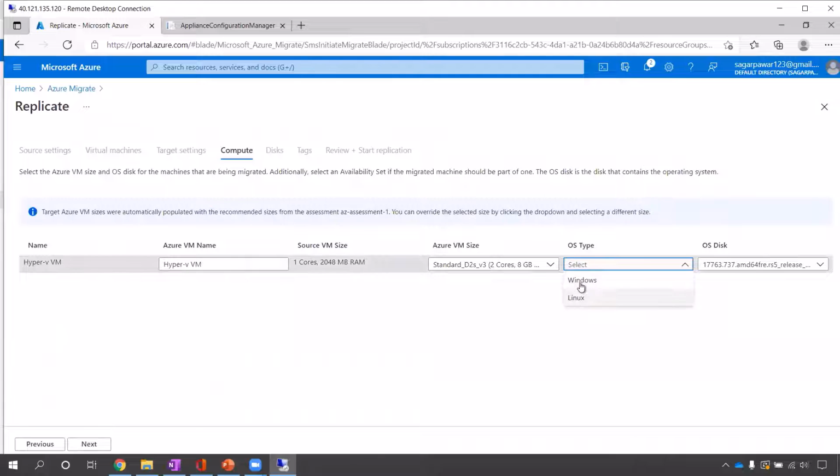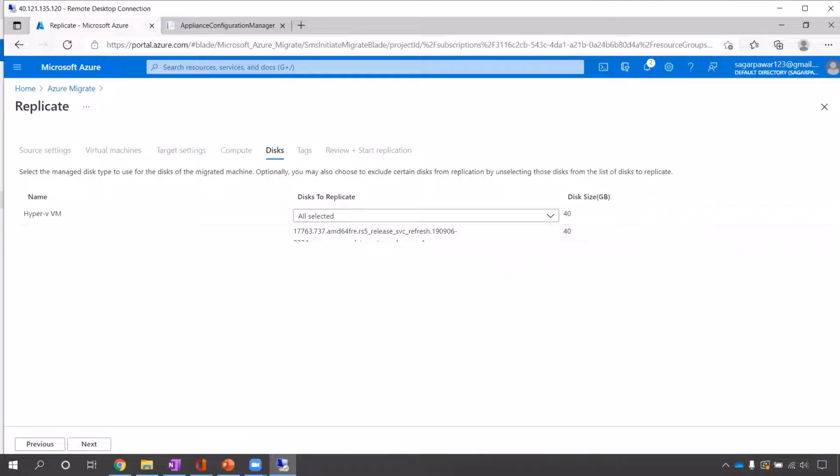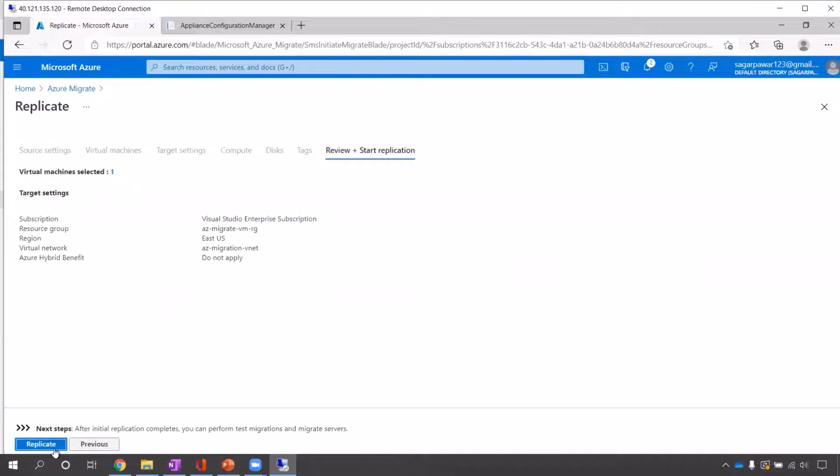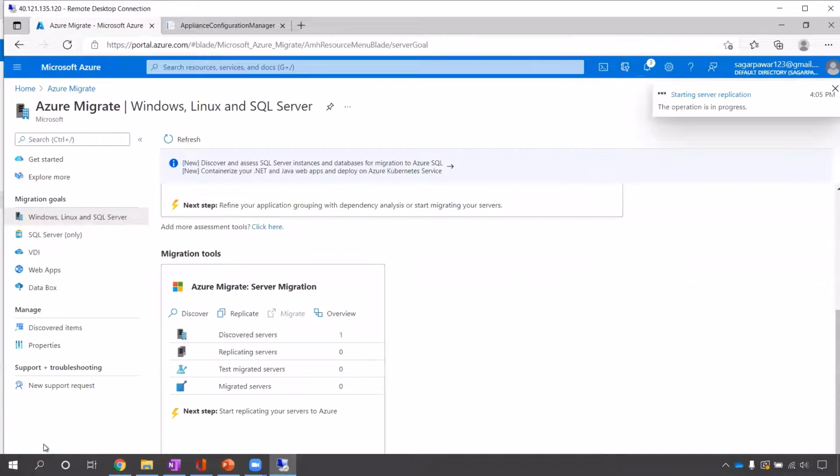Windows. Let me change the name to Hyper-V VM 1. Let me go next. Disk. I will select all disks existing with that VM. Tag. Next. Replicate. Yes. Now my replication has started.